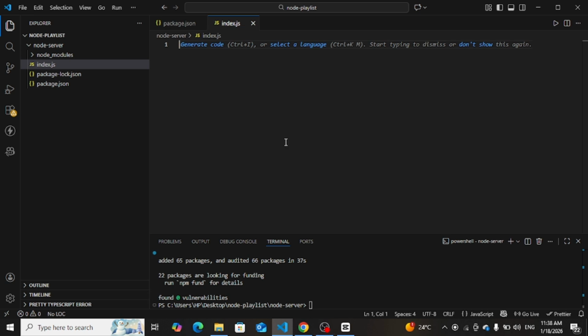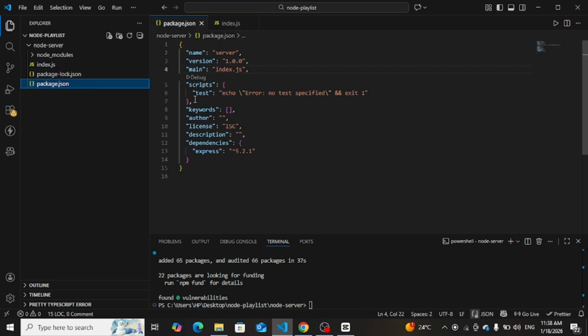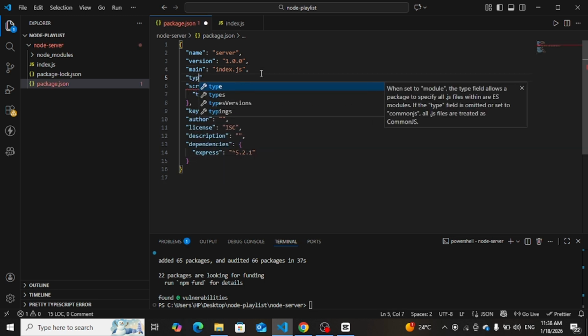Before we start writing our code, we need to make a small change in the package.json file. We will do this so that we can use modern JavaScript syntax, which means import and export instead of require. So open the package.json file. By default, Node.js uses the older CommonJS syntax. So now add type module